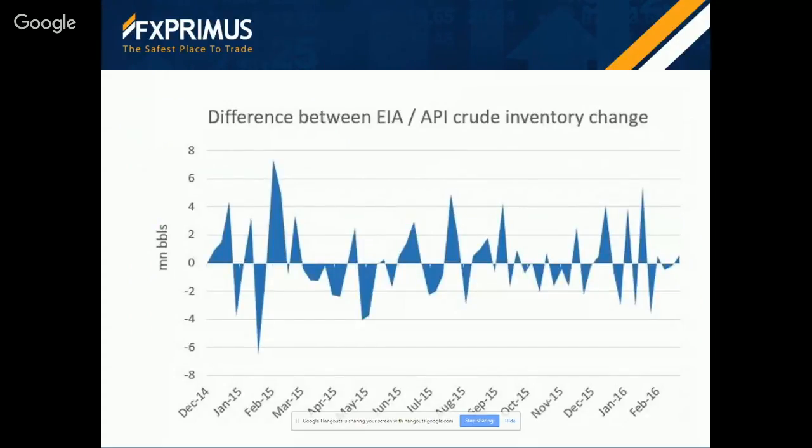Why aren't the two the same? They both use the same definitions and cover the same time period. The API comes out, as I said, a day earlier, but it only covers its 550 members and other companies who agree to report to it anyway. On the other hand, by law, all oil companies have to report their information to the EIA. So the API reports a day earlier, but the EIA report is, in theory at least, more complete.